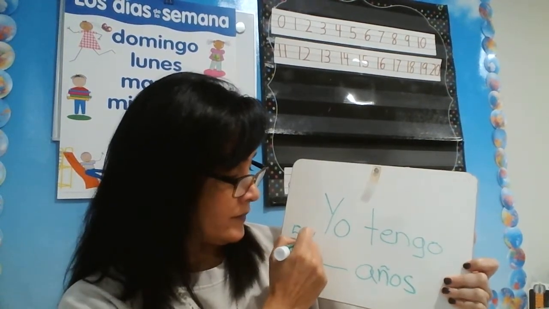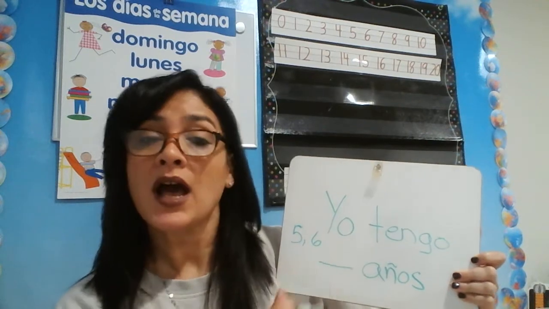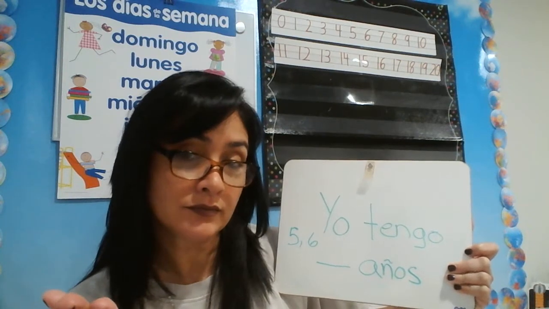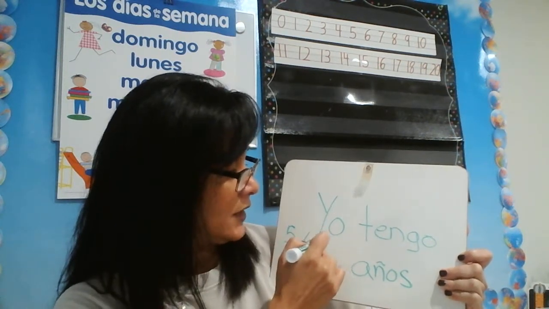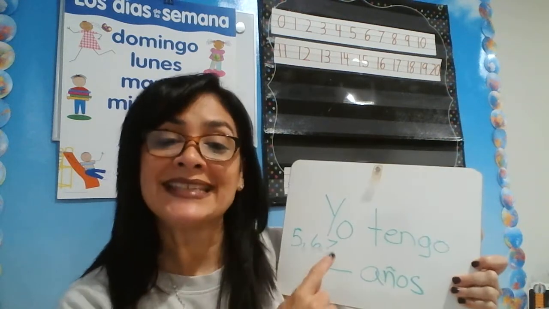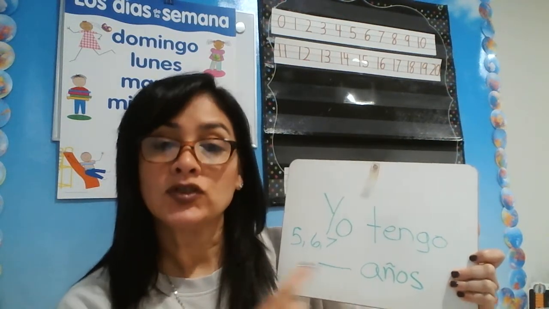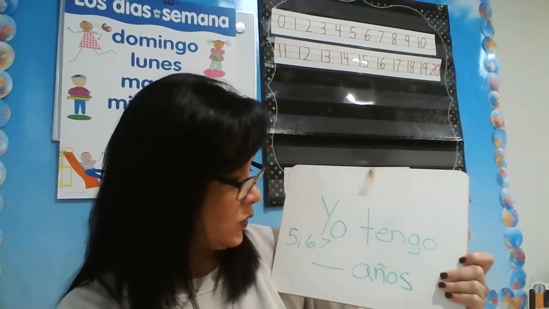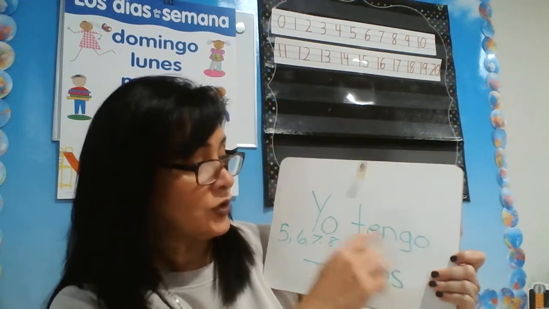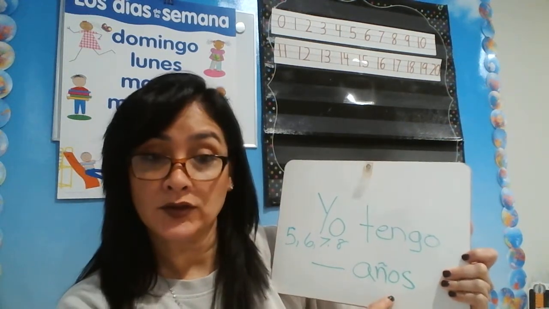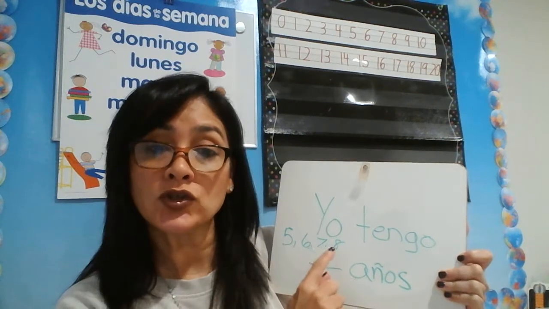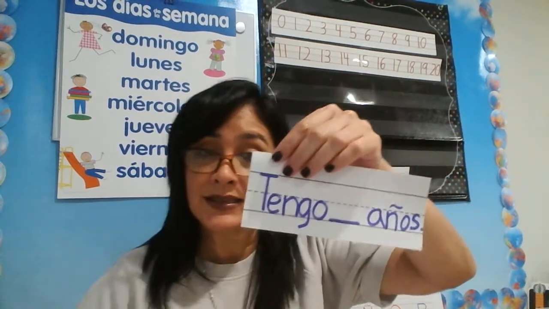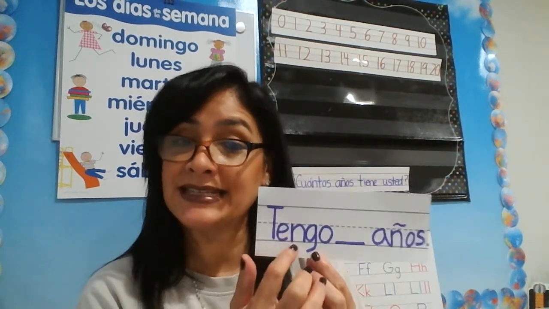Yo tengo 6 años. I am 6 years old. Maybe you're 7. Yo tengo 7 años. Or maybe you're 8. Yo tengo 8 años. The reason why I wrote it like this is because in Spanish, when I say tengo,